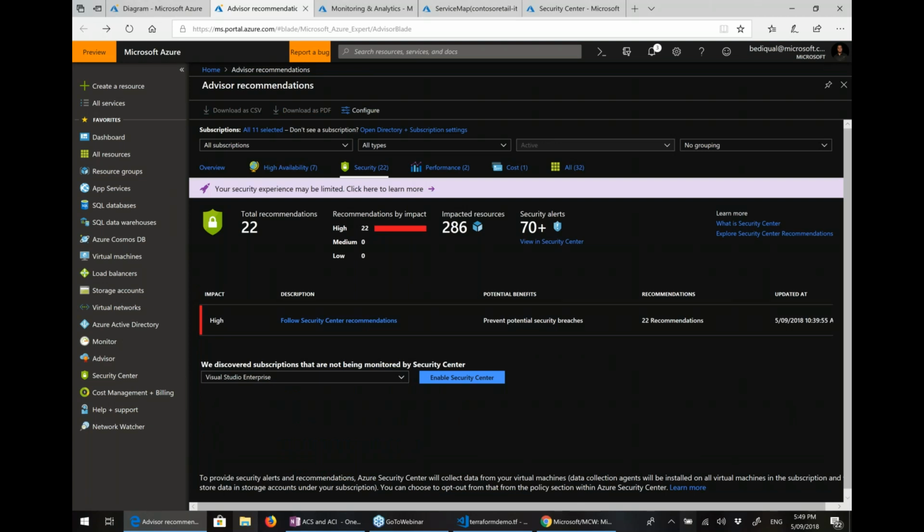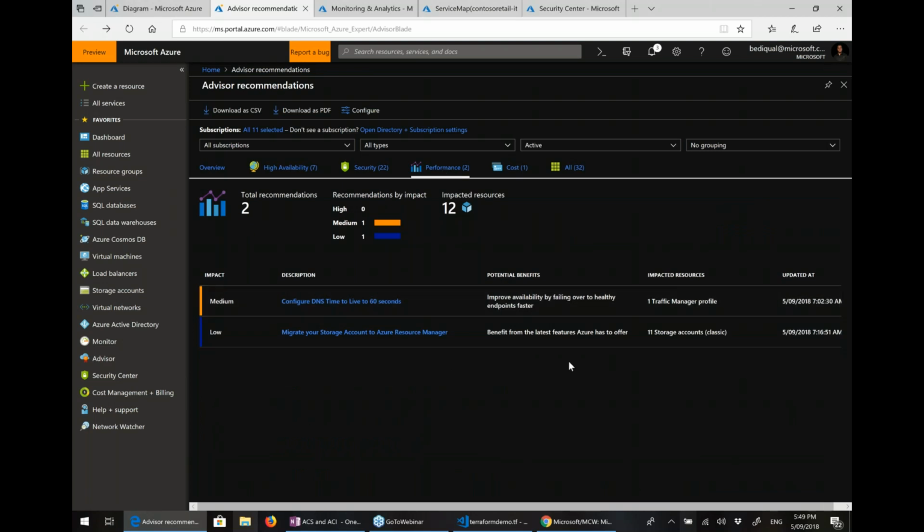In terms of security, and I'll dive a bit more into Security Center here, it's going to talk about vulnerabilities. Performance-wise, we're going to look at things where we can improve things like DNS configuration or maybe the storage account, how it's set up. One of the ones quite often here, and I've cleaned up my account recently, so it's not as ugly as it was a while back, is there are a lot of recommendations you'll get shown. For example, if you configure a network gateway, VPN gateway, and you're using 20 megabits a second of throughput on average, however, you've configured your gateway for 2 gigabits,